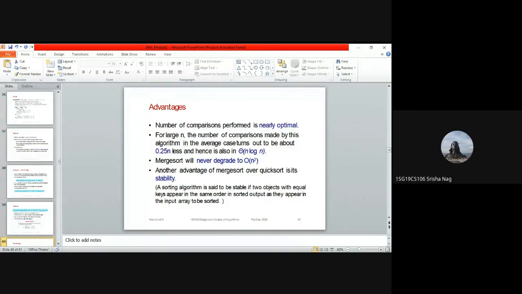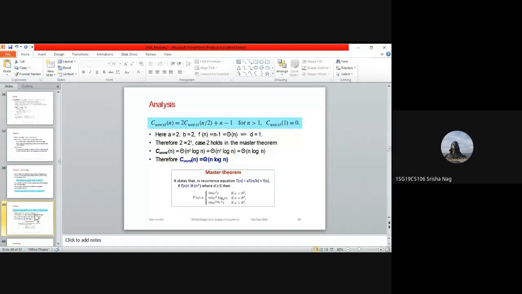How will we know we have to take theta of n log n only, sir? Theta of n log n is the final calculation they did using this analysis for merge sort. They solved this and identified n log n. The mathematical part I will take you through in a separate session so that you can understand. They have given only the final output as the result. I will take you through how they identified this n log n so that you can understand clearly.